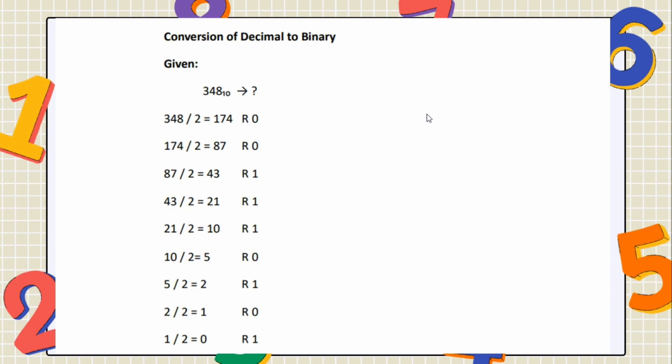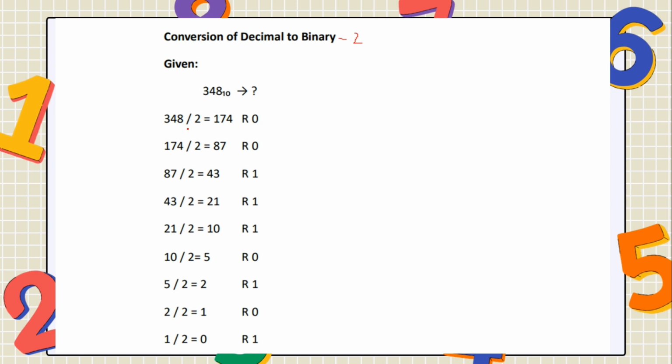For this example, sa given na 148, base 10 man ang decimal, di ba? So here, since base 10 man ang binary, nag-base siya sa binary na 2, so gi-divide siya 2 ang given number na